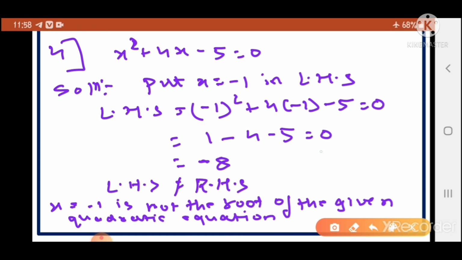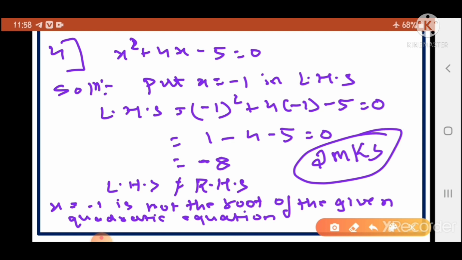This kind of sums comes for 2 marks in the board examination. Right? One more sum we'll do. Same kind of sum is there. 2 sums are given in your textbook, and you can solve more sums also, which is there in the problem set. Practice, you can do that from there also.